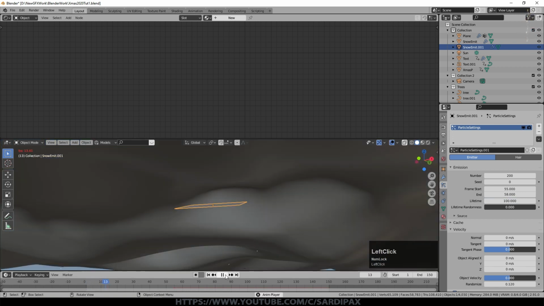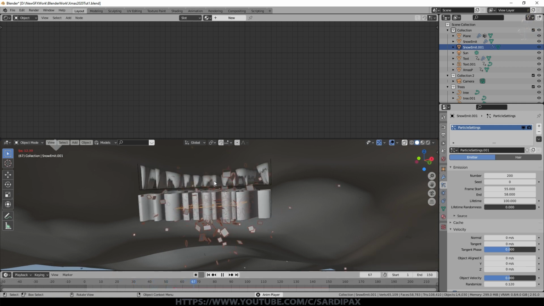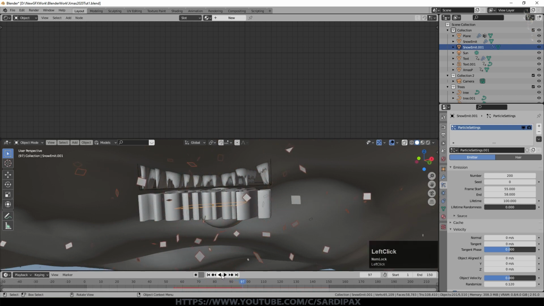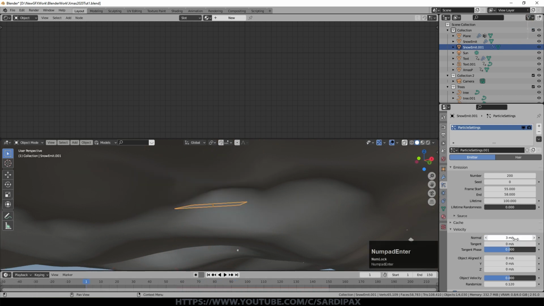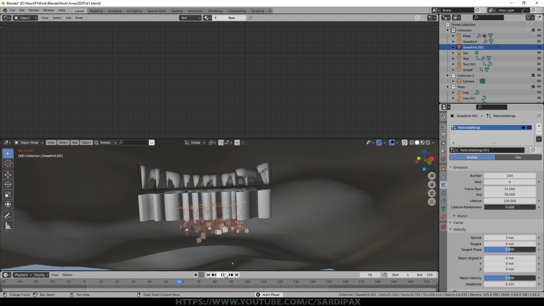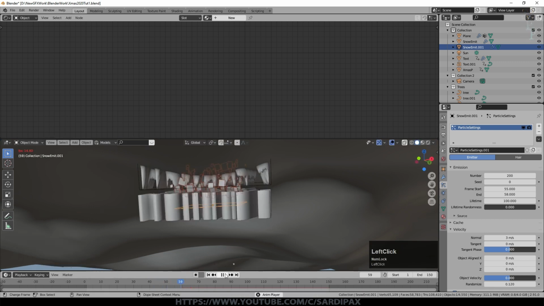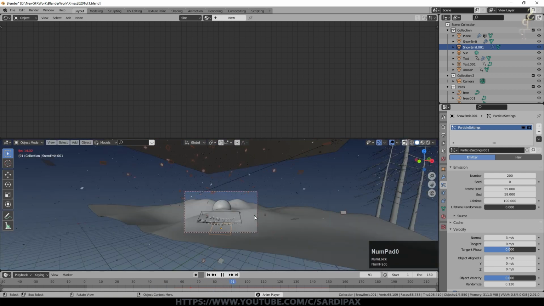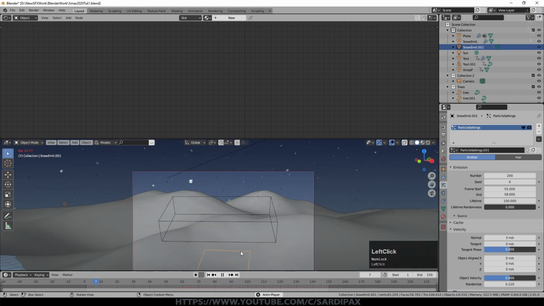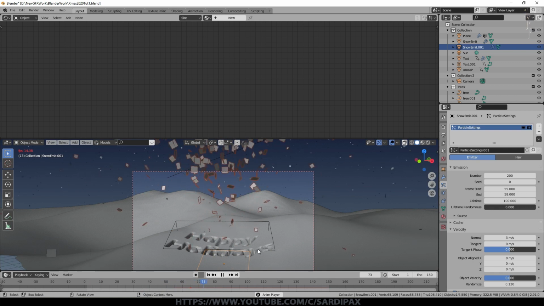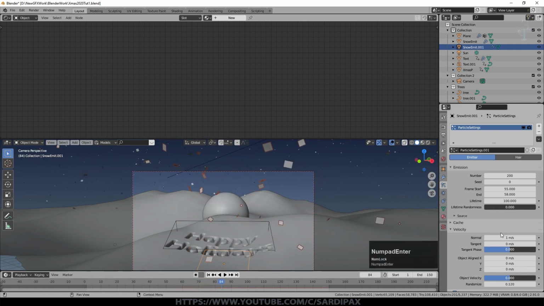So if we start playing there, you can see we'll get to frame 55 and then a number of particles come out. So I set the normal velocity up to about 3 just to help them go in the direction I wanted them to go. And you can see I just need to rotate that, so rotate X 180. You can see they fired up possibly a bit too quickly. Yeah, so let's drop that a bit because we've also got still the very low gravity on this.